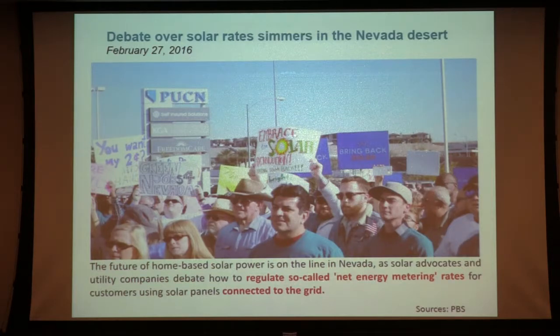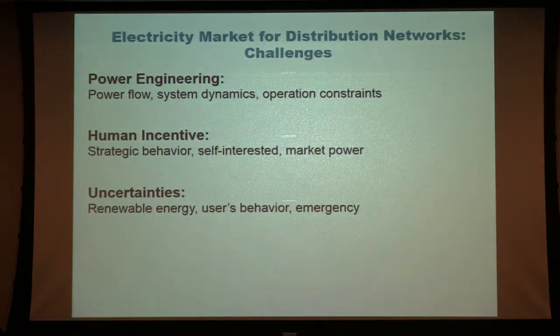One solution from people is to go to court and fight, to force the utility company to change back. This is not doable, not sustainable. I haven't checked what the results are so far, but because of the change in the rate, a lot of solar companies, like Solar City, almost went bankrupt because they have no customers anymore. So this caused a big problem. Now we look at this huge problem and ask why we have it. That motivated the work of this talk.